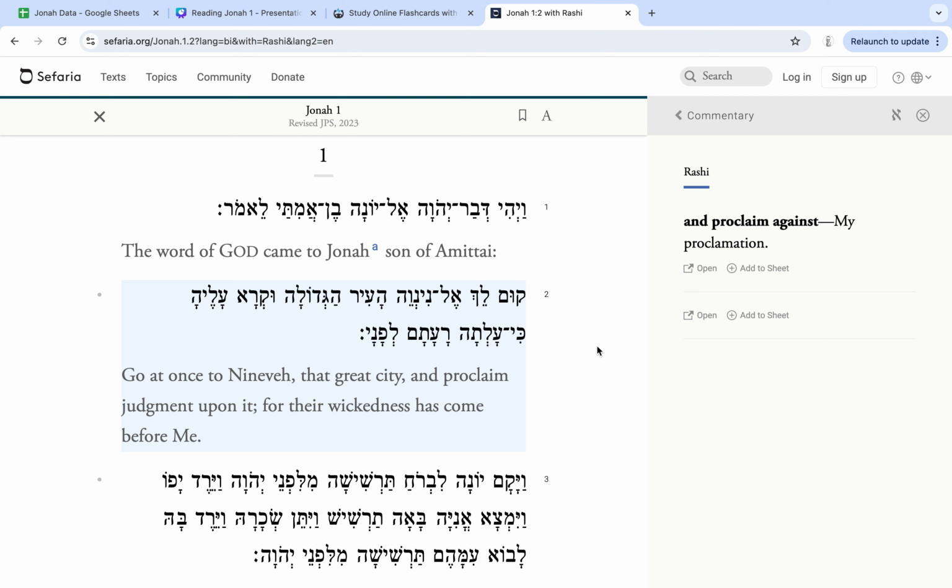And Rashi's saying, well, what is Jonah going to proclaim? And he answers the question, my proclamation, meaning God's proclamation, right? And so Rashi is making sure that we know, that might seem obvious, but Rashi is making sure that we know that what God intends Jonah to do is to give the people of Nineveh God's proclamation, not Jonah's twist